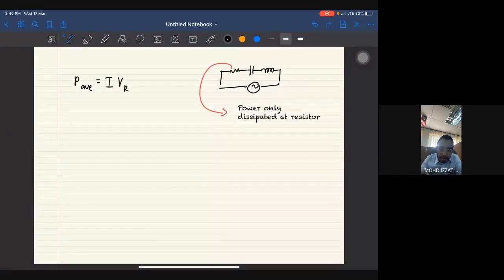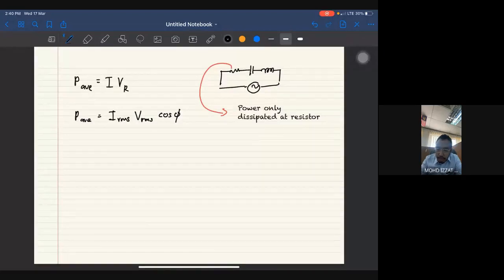Okay. If I want to use P equals to IRMS, let's say if I want to write P average equals to IRMS VRMS, boleh pakai equation ni dengan syarat you have to include cos phi. Okay. Why do you have to include a cos phi? Because basically,